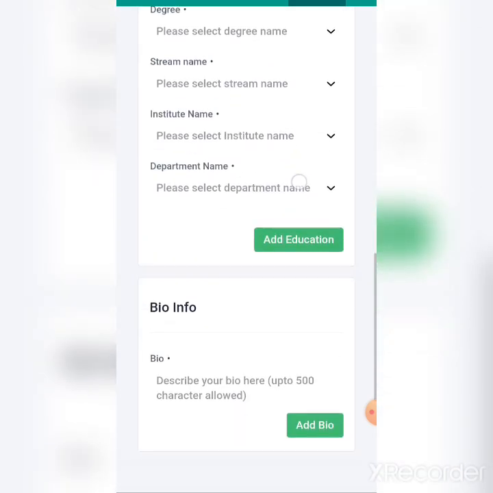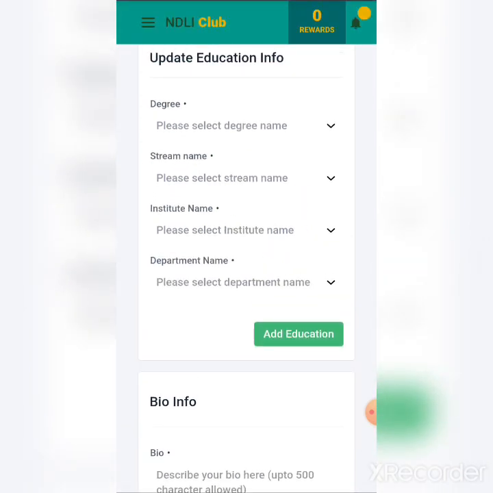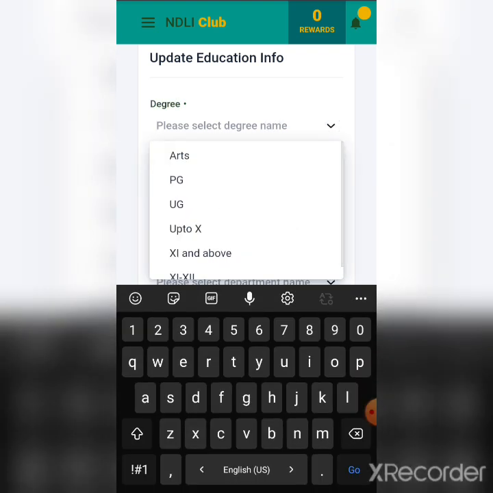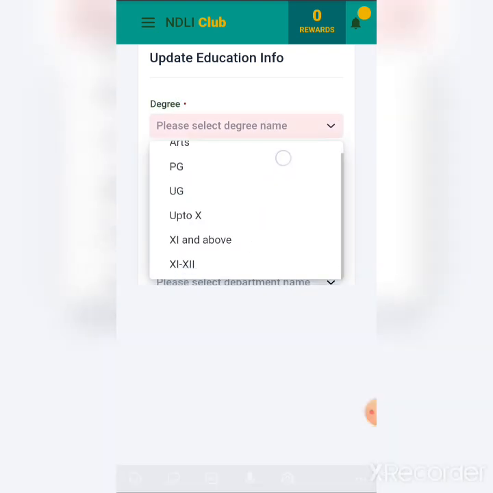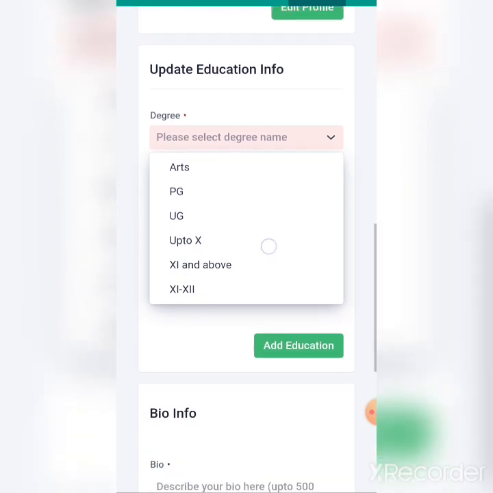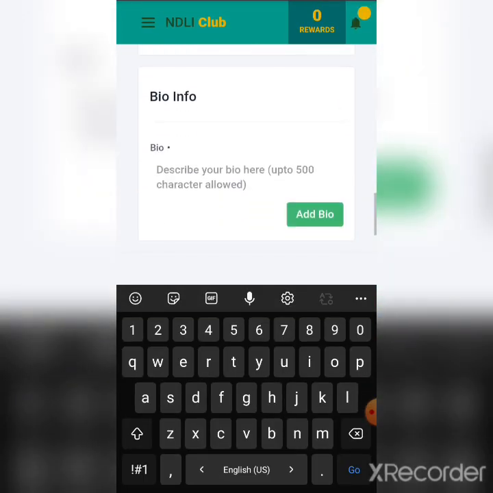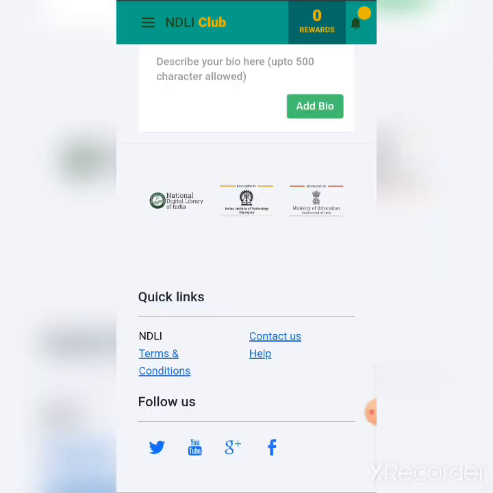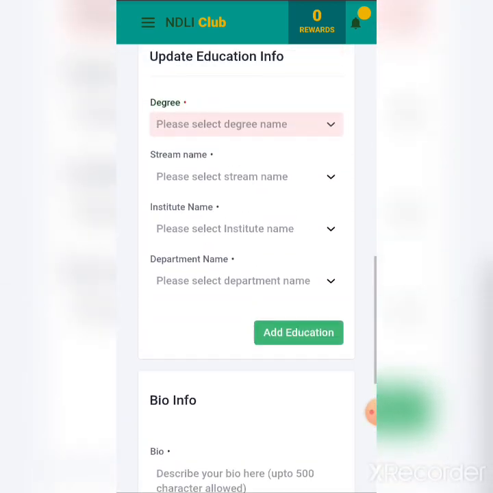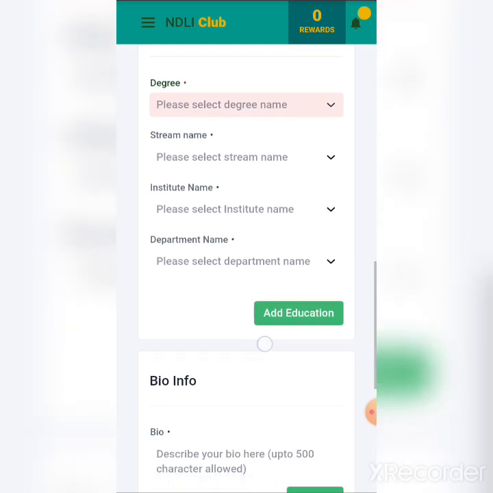Update education info details. But no need to give any education details because now no diploma option is there, so very soon they will add the diploma information.